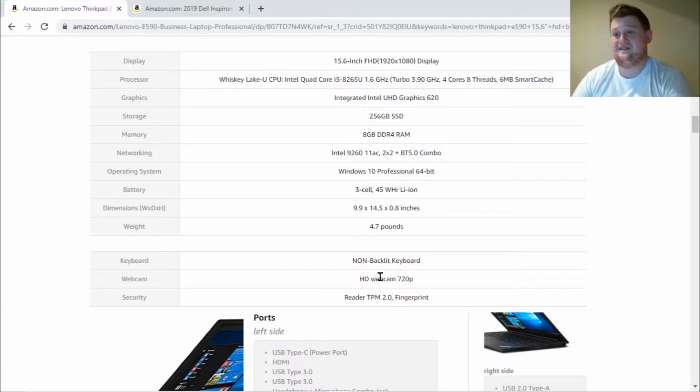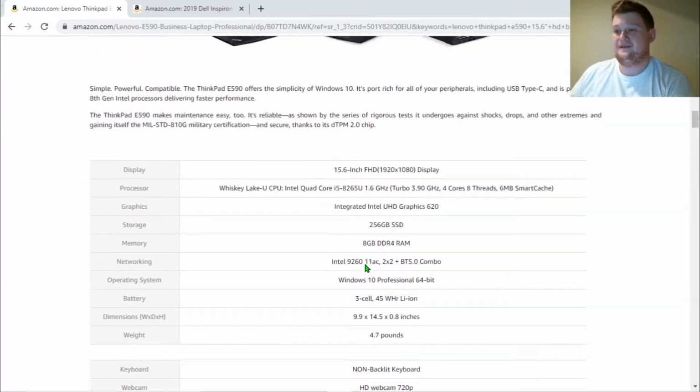Graphics card, it just looks like a standard Intel graphics card. It doesn't look like it's going to be anything too fancy, so for any major game playing, this computer probably isn't for you. Storage, 256 gigabytes of solid state drive. I apologize for the beginning of the video here. I believe it actually...